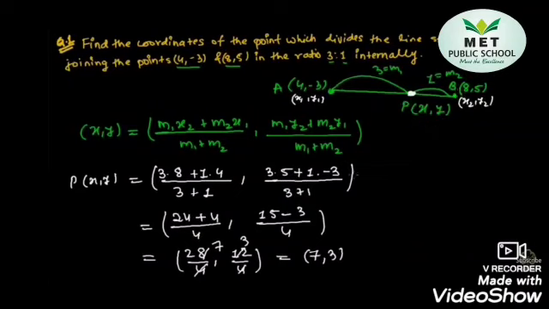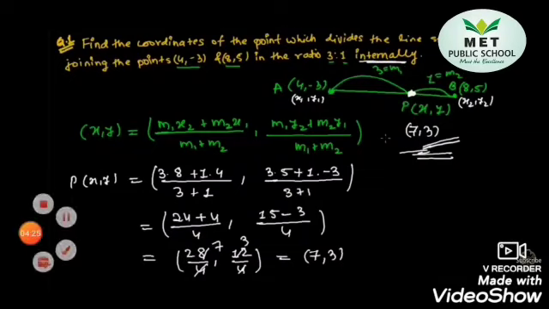So children, let's take the complete look at this problem. See here, 2 points are given, A and B. It is divided in the ratio 3:1, which is m1 and m2. The coordinates of point A is x1, y1. Coordinates of point B is x2, y2. Here the main thing is you have to remember the formula. After writing the formula, as you know all the values, you substitute those values in the formula. Solve that and find the final answer, which is the value of P, which is dividing the line internally.